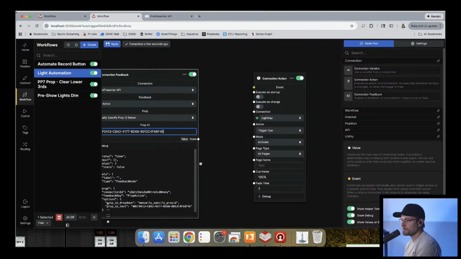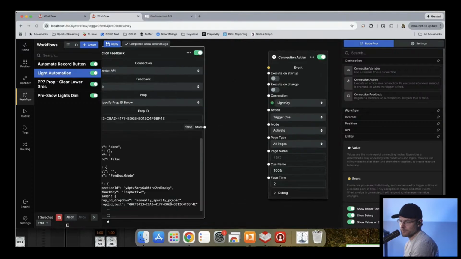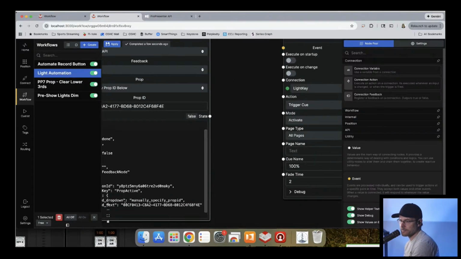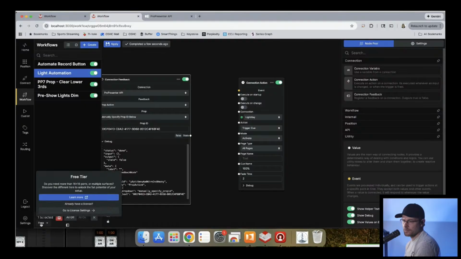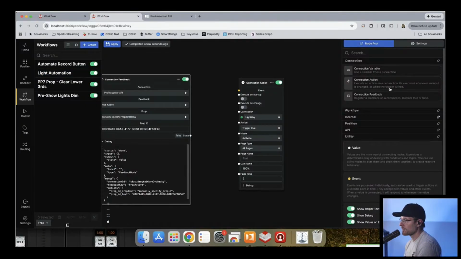I've redone that prop number like 6 times now, verifying that it's correct. So that's got to be it. And yeah, this is the correct number. I don't know what else it could be.